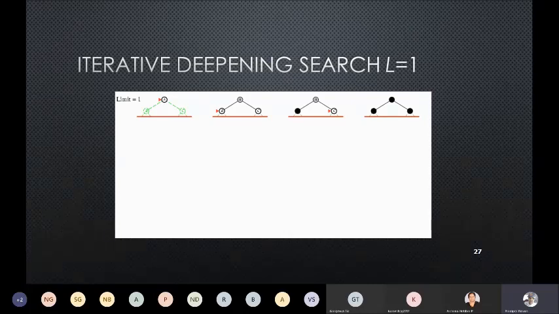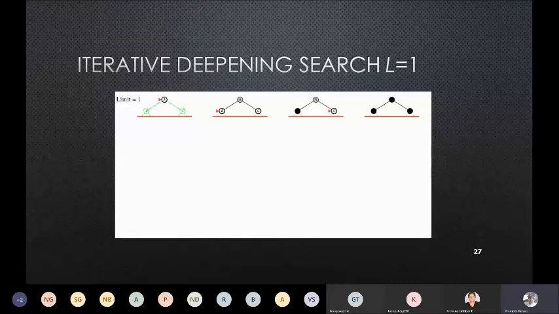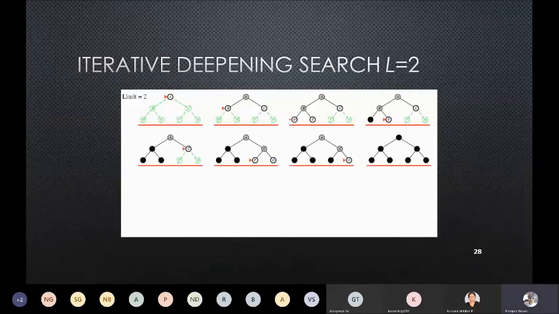For L equal to 1 there are only two nodes, and here breadth first and depth first are both similar. Next, if I do not find my goal node at one level, I will increase the depth limit by 2, and within this limited depth limit, I will do a depth first search. So what is the benefit? Because in depth first search, I have linear memory.